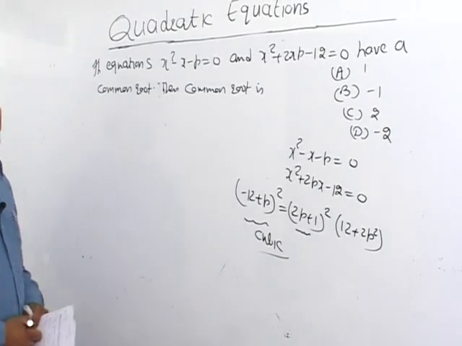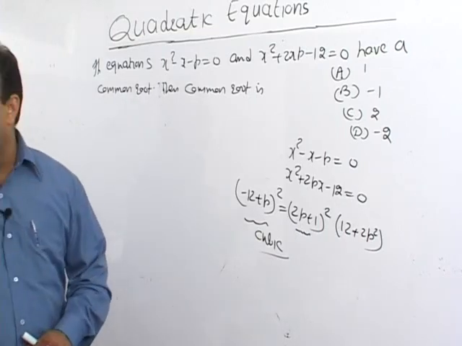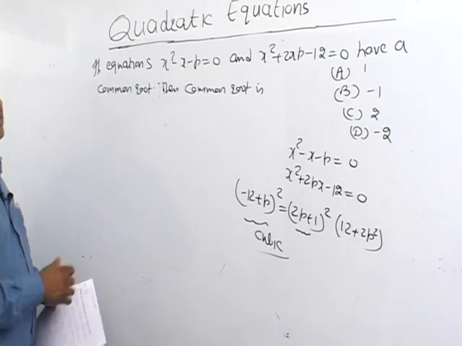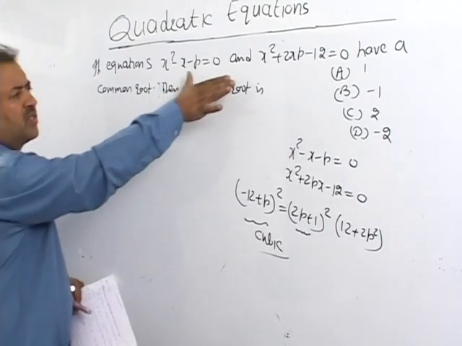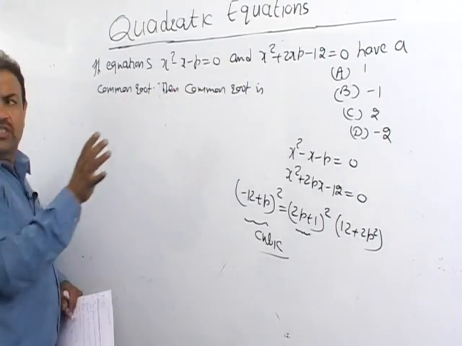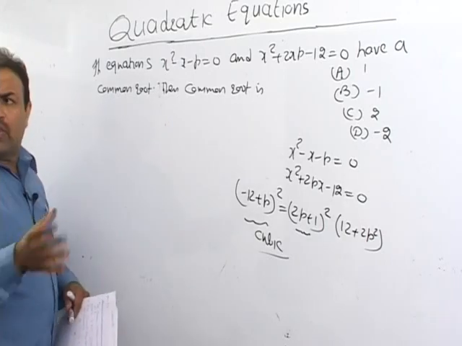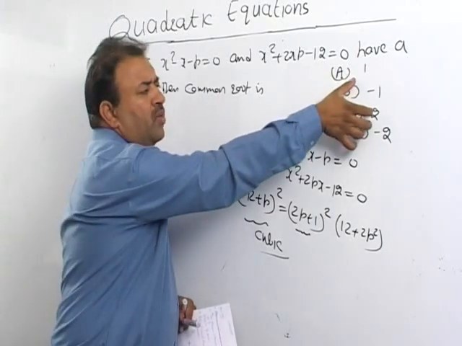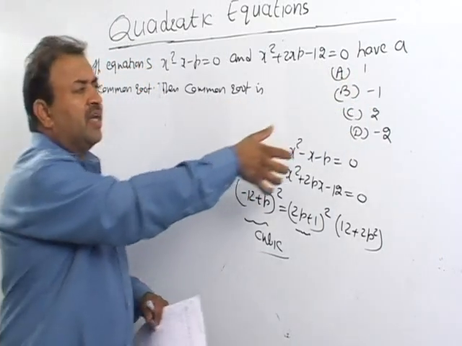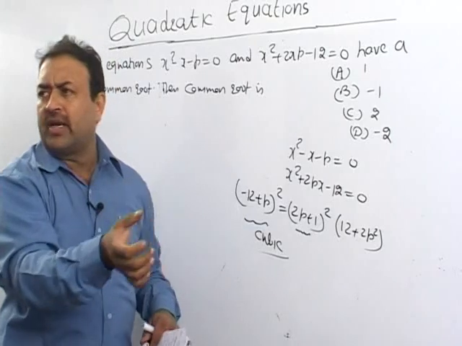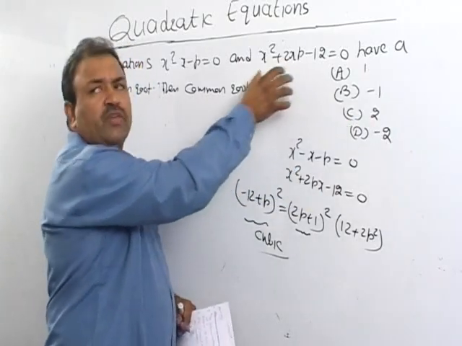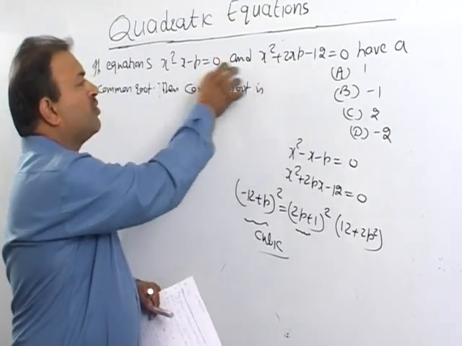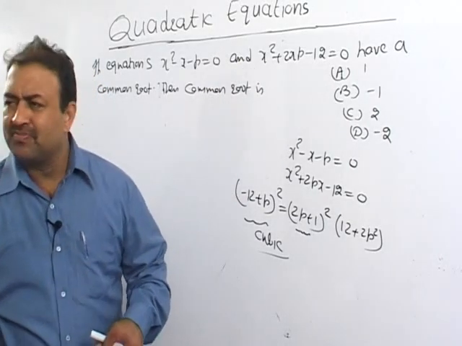So to solve a cubic will be a little problem for you people. So the best thing will be, we may look for some alternate solution. Alternate solution is, see very carefully these two equations. These equations have a common root. So what I'll do, I'll substitute this common root. This common root is given to us, it is one of those options. I'll put all options one by one in this equation, and whichever option gives the same value of p in both equations, that is our answer.